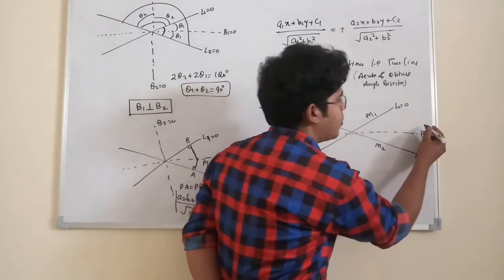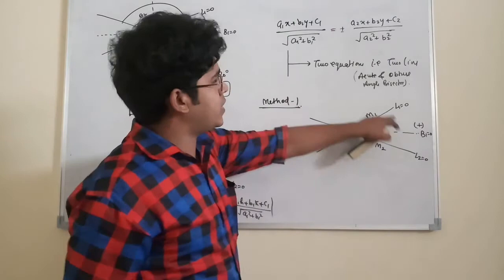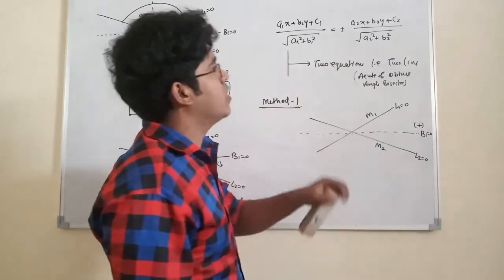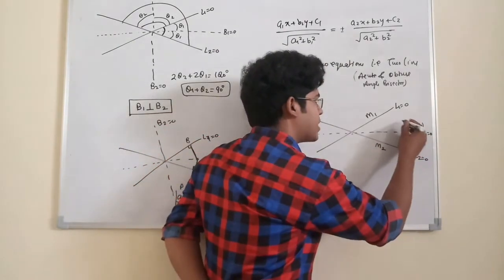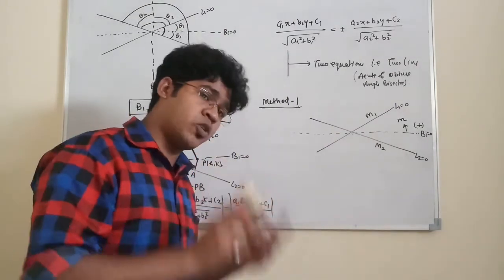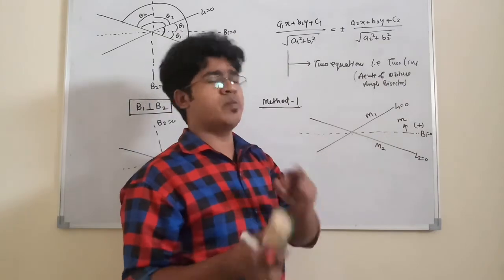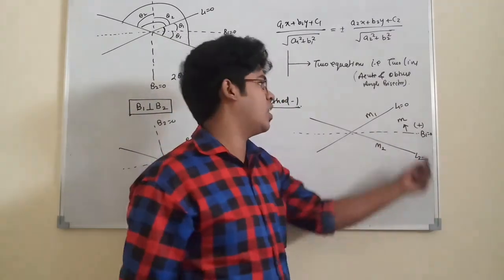And now suppose I don't know which one is the bisector. Suppose this is obtained after taking positive sign. So after taking positive sign, you can easily calculate the value of the slope of this line, and say this slope is M. I'm not assuring which one B1 is. B1 may be acute, B1 may be obtuse, but B1 is obtained after taking positive sign, and let the slope of this one be M.